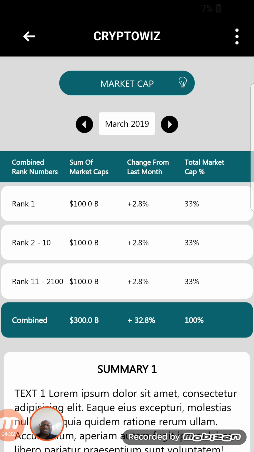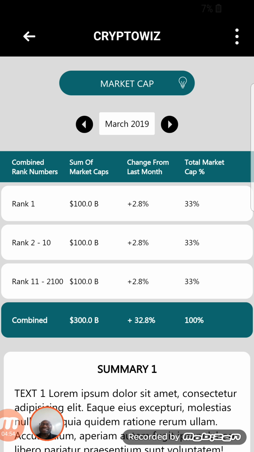Okay, so that's what that first row of data gives you. The second row of data does the exact same thing, but instead of just looking at rank number 1, the largest cryptocurrency, we look at rank number 2, 3, 4, 5, 6, 7, 8, 9, 10. So it's Litecoin, it's Ethereum, it's XRP, it's Cardano. We add all those market caps up,